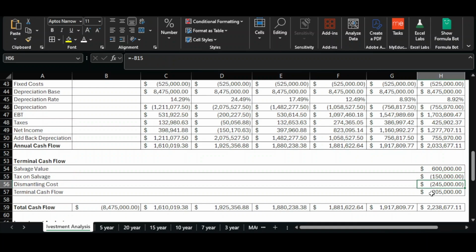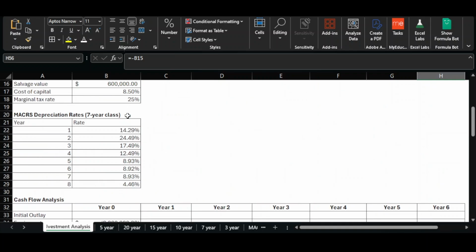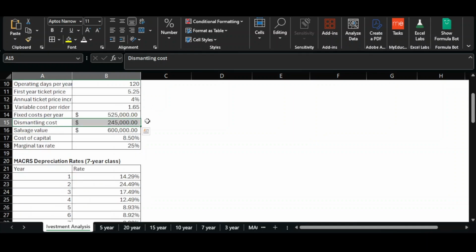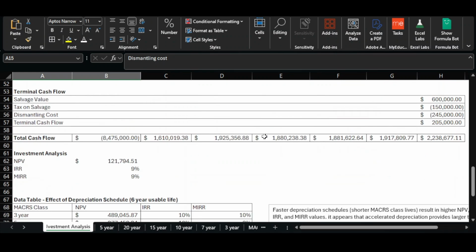And then the dismantling cost, however, there is a cost in dismantling it. So there's an expense of 245K. That's also given, and there you are in the parameter listing early in the model right here. Okay? All right,